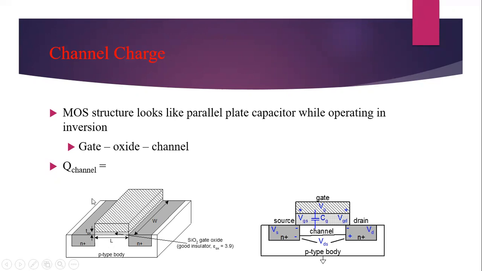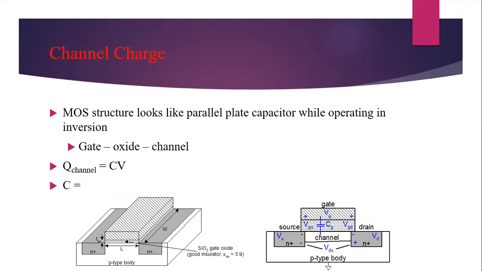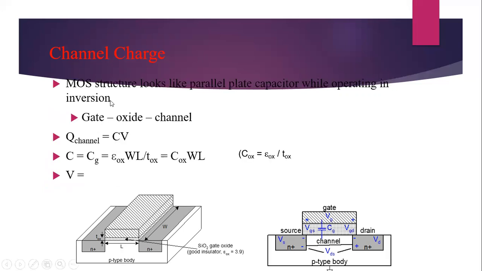Now we have the Q value for this MOSFET, and Q is equal to C into V, that is capacitance and voltage. Capacitance, you know the formula, epsilon A divided by d. So the gate capacitance CG is equal to epsilon OX, and area, that is W into L, divided by the distance between the gate and substrate, that is T equal to Tox. So CG is equal to epsilon OX WL divided by Tox, and taking epsilon OX divided by Tox equal to Cox, the equation becomes Cox into W into L.